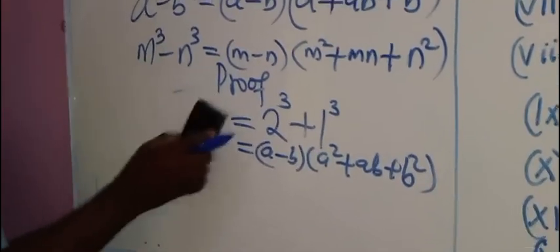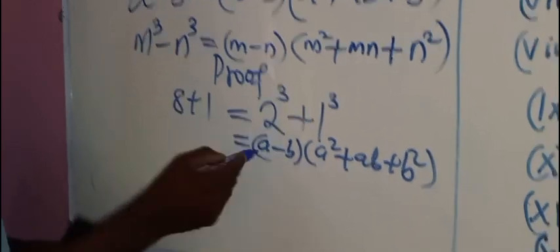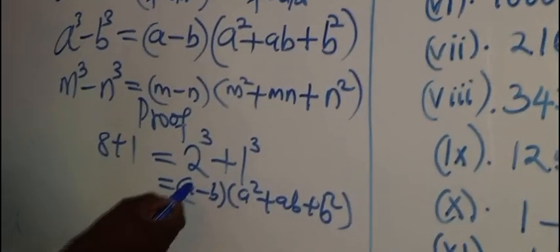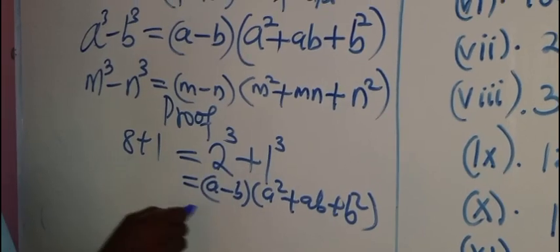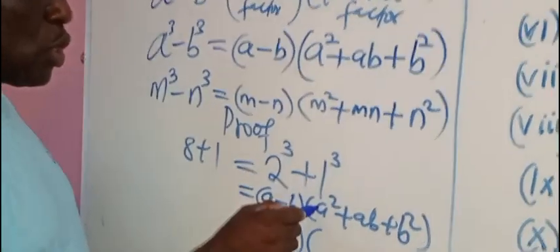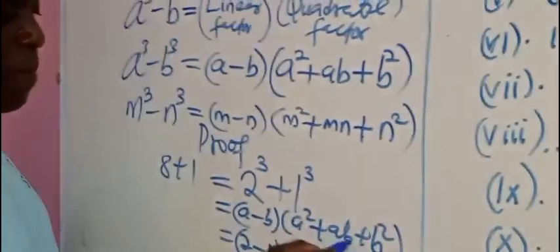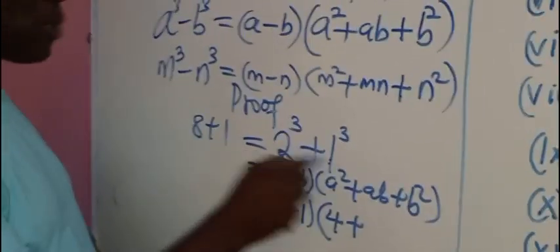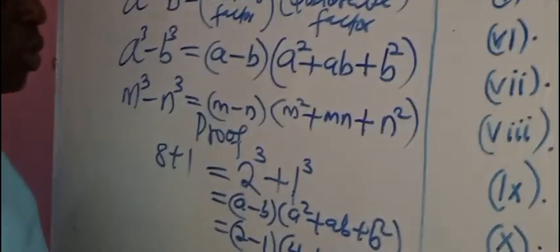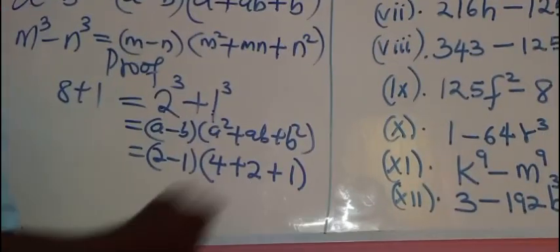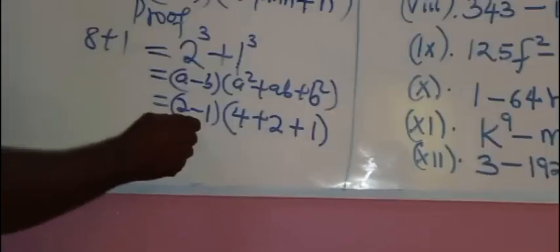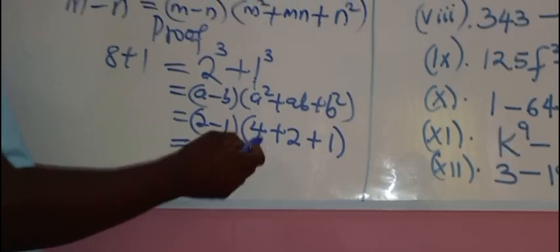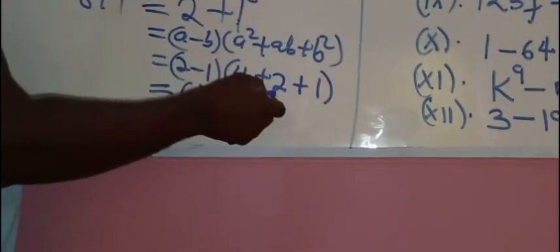And 8 plus 1 still gives us 9. Now let us see if by using this formula, we are going to get 9. From this, our A is 2, and B is 1. So this will be 2 minus 1, in brackets. A squared is 2 times 2, 4. Plus AB, that is 2 times 1, which is 2. Plus B squared, 1 times 1, 1. Now, 2 minus 1 is 1 in brackets. Now, let's add it together. 4 plus 2, that is